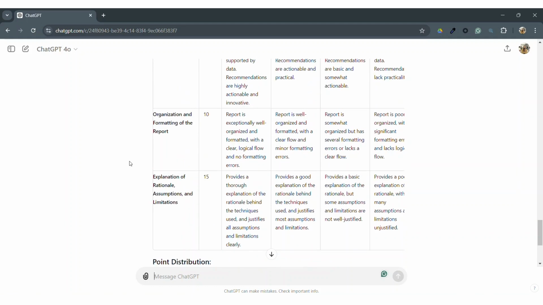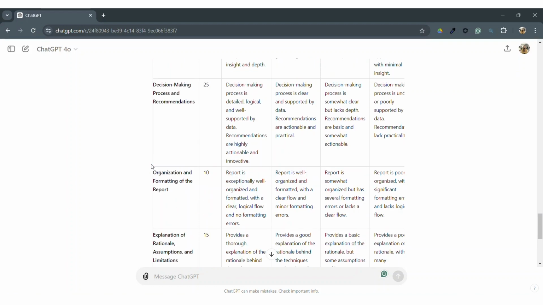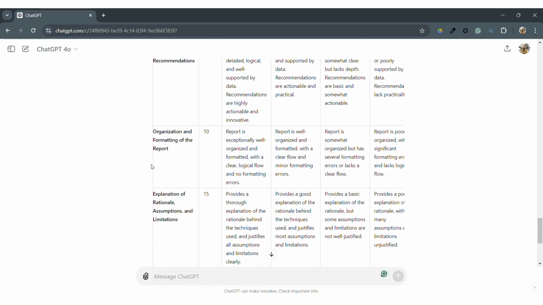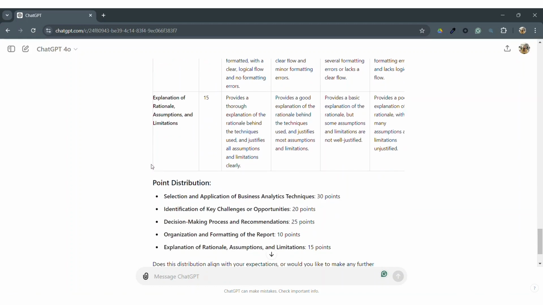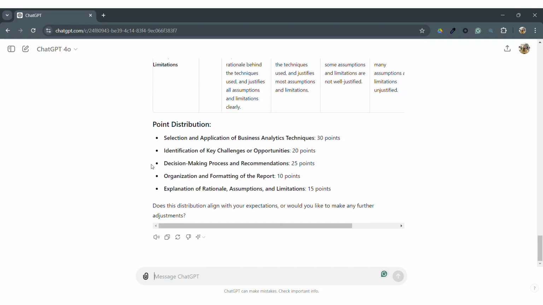I would definitely pause for a second and review this rubric one more time and make all necessary adjustments with your subject matter expert. But this rubric is definitely a great starting point to begin a conversation with your subject matter expert that will save you some time. And in addition, this chat can be used multiple times to work on creating rubrics for other assignments in this course.